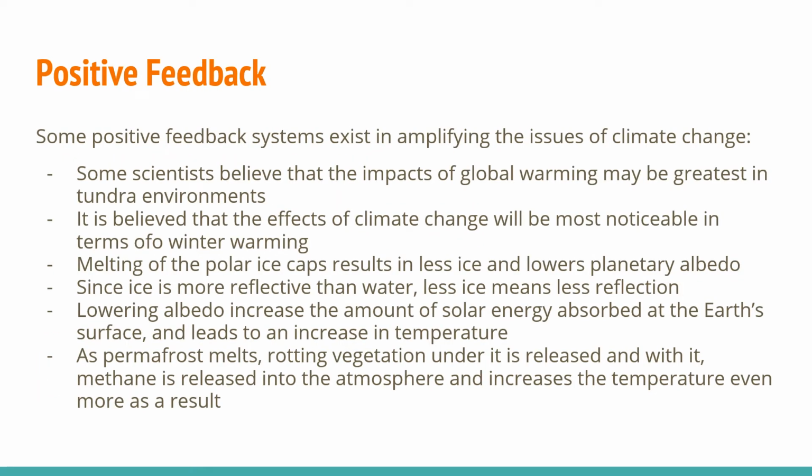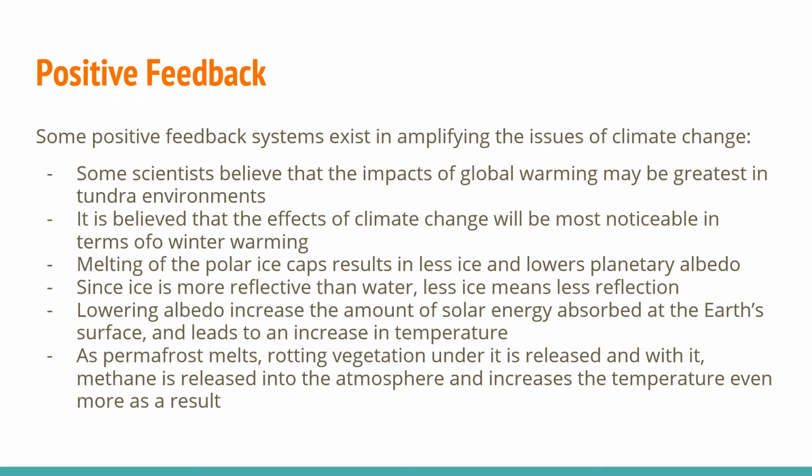And so, just looking a little bit closer at positive feedback, there are some positive feedback systems that exist in amplifying the issues of climate change, and I'm going to talk about one here. Okay? And one is in global warming, especially in tundra climates. So these are areas, again, that are close to the poles. They may be just outside of the Arctic Circle or the Antarctic Circle, but they're right there. And it is believed that the effects of climate change will be most noticeable in these areas in terms of